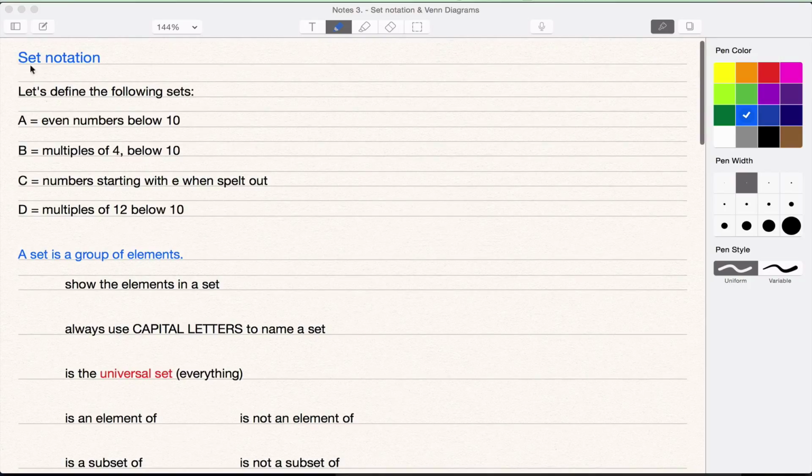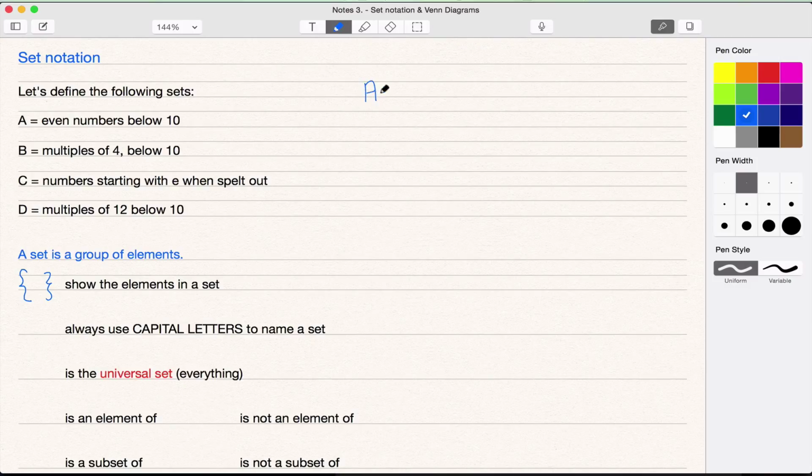Now, what is a set? We're talking about set notation. A set is a group of elements. These special squiggly brackets that look like that show the elements in a set. So we can write